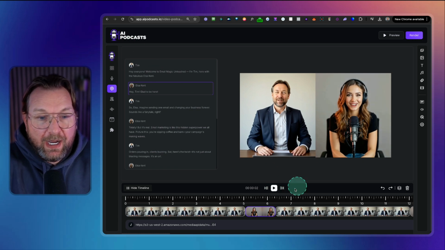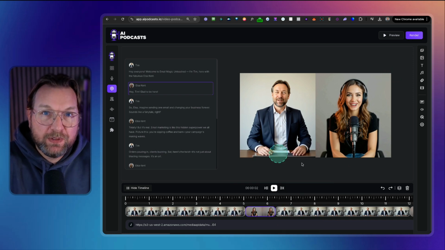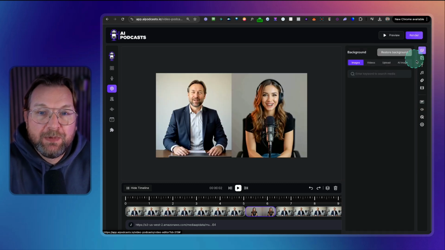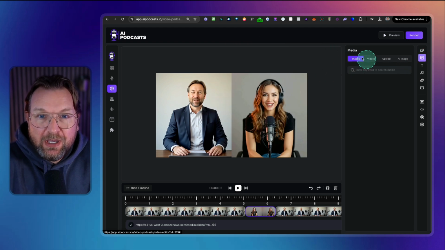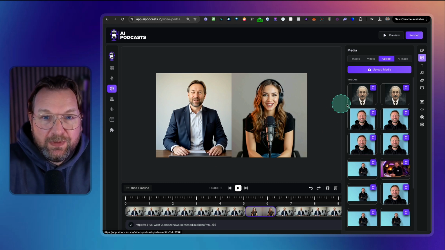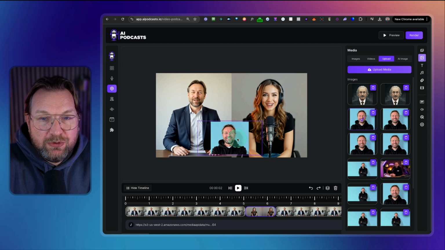So, by the way, in the editor, it looks like it's cut off, but in the export, it's all fine, just so you know. But this editor basically allows you to add elements here on the right side. So if you want to add images, you can do that. This is, by the way, for the background, which is not the case now. But here you have images and videos, your own uploads. If you want to add image uploads to your videos, you can do that as well. You can simply click on it and then you can add that to your video.